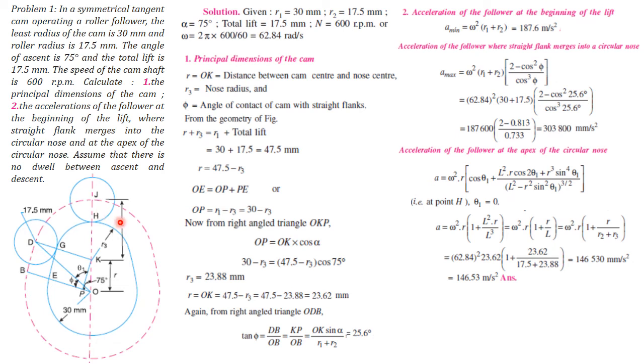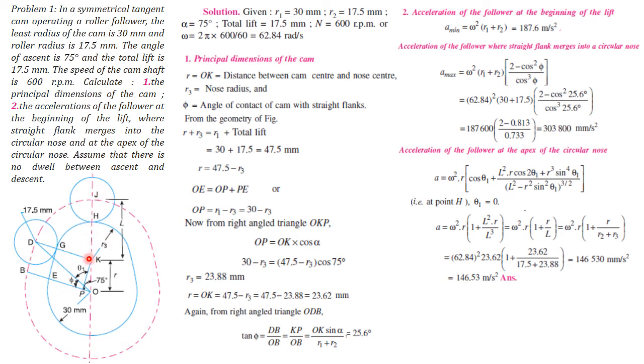It is given to us that there is no dwell. So let us start with the problem. In this case, as far as the cam profile is concerned, let us understand the shape of the cam again. It's a tangent cam with straight flank, so it has a base circle radius, it has a nose radius, and it has some distance between the center of the base circle and the center of the nose, and all these compute the actual stroke of